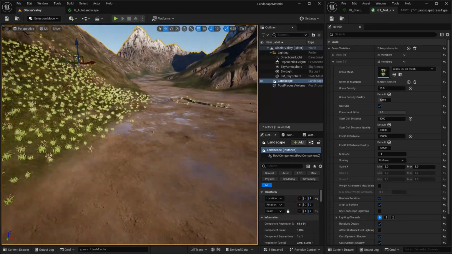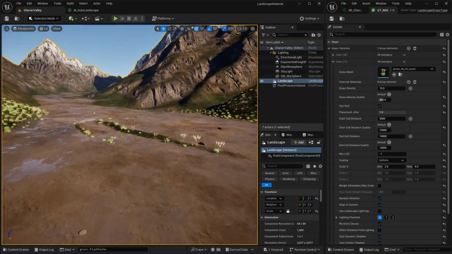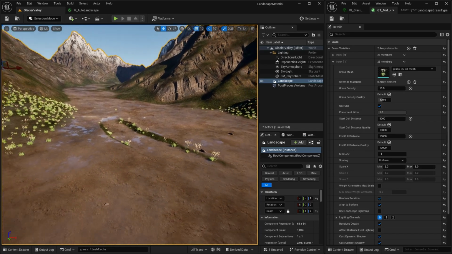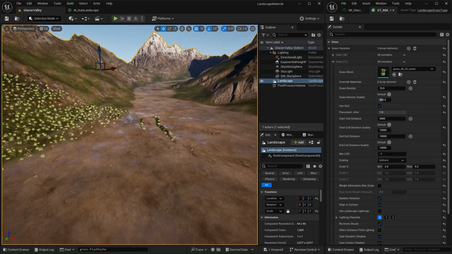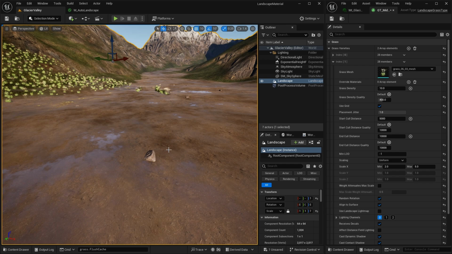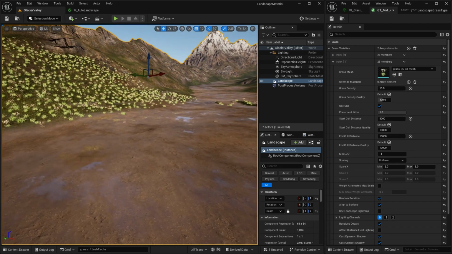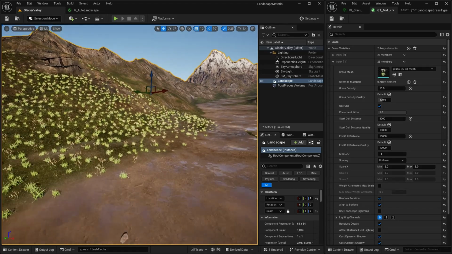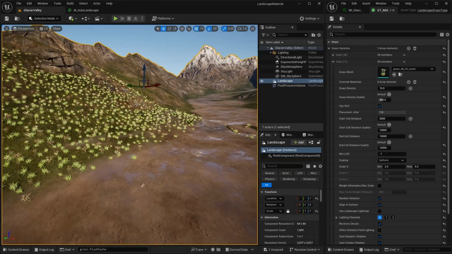You can see that we've even got some over here because we've got these little verges of grass here. But you can see that those masks and the landscape grass types are keeping separate the ground area with the rocks and the grass area with the grass types in. And you may say, well, it's very obvious where it's ending at the moment. Part of that is because these grasses are so bright. Once you blend them into the landscape, it won't be as noticeable when they cull in the distance, because by that point they'll have faded into the colour of the background anyway.